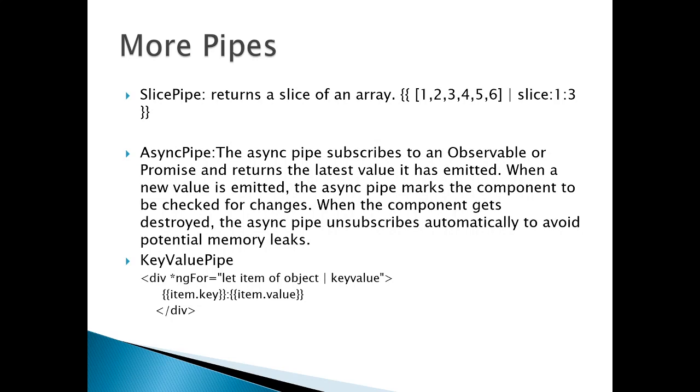And the last pipe is the key value pipe. For example, we are using a for loop, and we are picking an element from an array, just like let item of object, and we are piping it to the key value pipe. So how will it impact? It will convert an item into key and value. You can now print the keys also, you can print the values also. So item dot key, item dot value. It will convert the array index into keys and array values as the values. So this is the way with which you can print the keys and values also in your array.